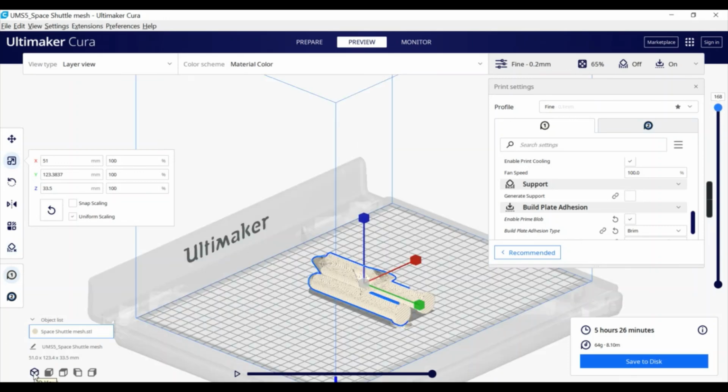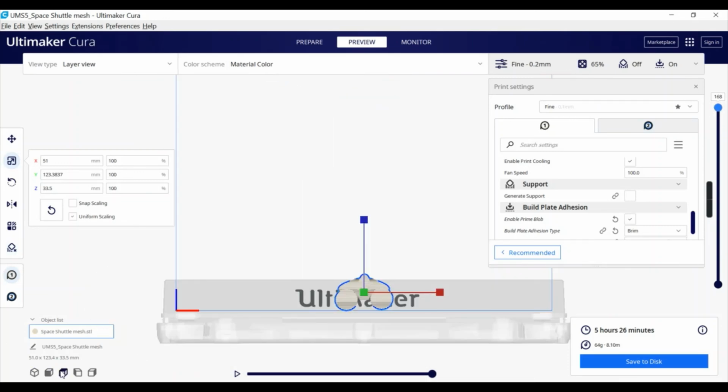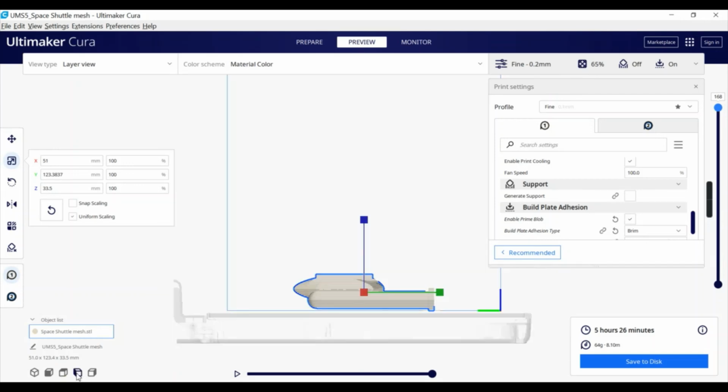So let me present the final 3D view, back view, top view, left view, and the right view for our